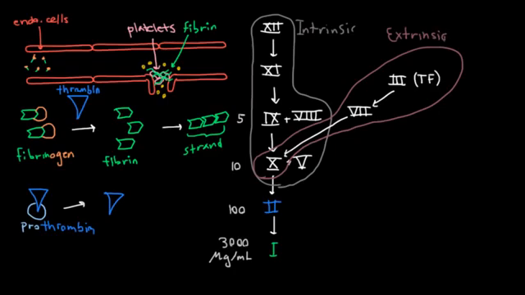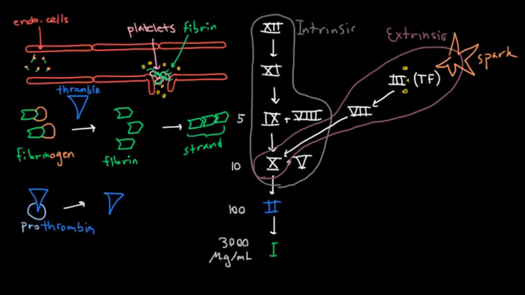So what's the difference between these two pathways? Well, it turns out that the extrinsic pathway is the spark. It's the one that gets activated by the original insult over here, whereas the intrinsic pathway is kind of like the workhorse that really gets most of the coagulation done. So how does that work? Well, you first get this tissue factor, which is actually one of these little yellow guys. And that tissue factor